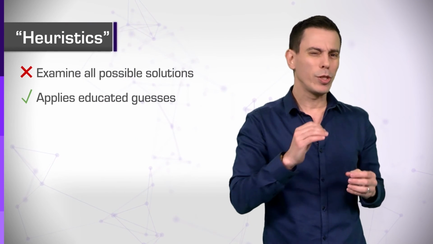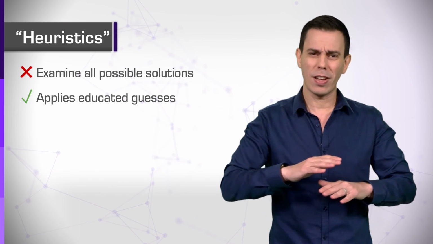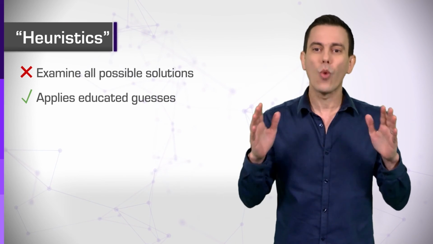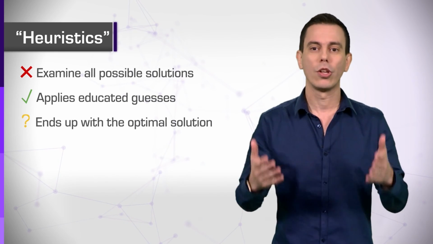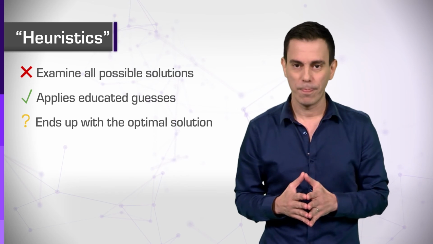In the next unit, we will see such an algorithm that solves the clustering problem in a very short time. Wait, but I've just finally understood why computers can't discover the right clusters. They can discover the right clusters for sure. You see, when we use heuristics, when we use educated guesses, even if they are very good, we cannot be 100% certain that we end up with the optimal solution to the problem every single time. More on that in the following units.